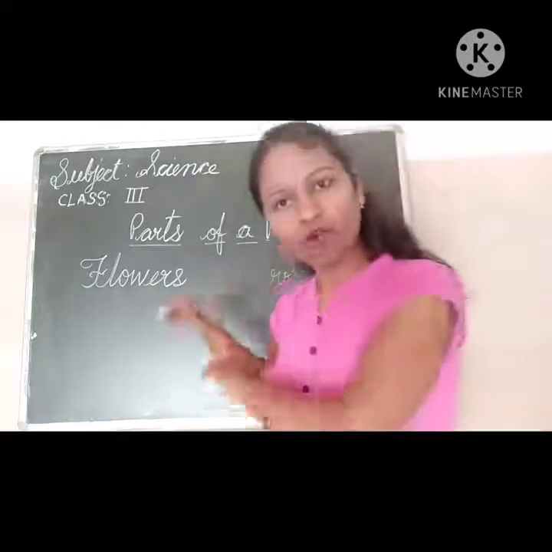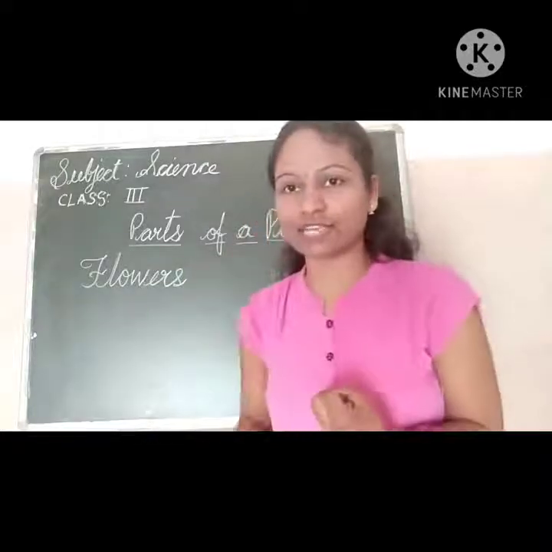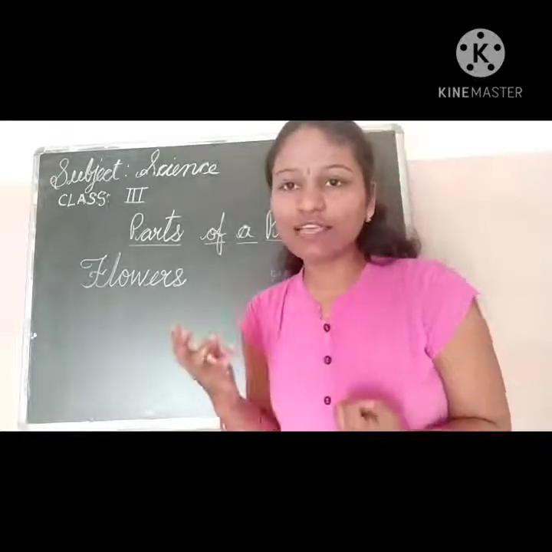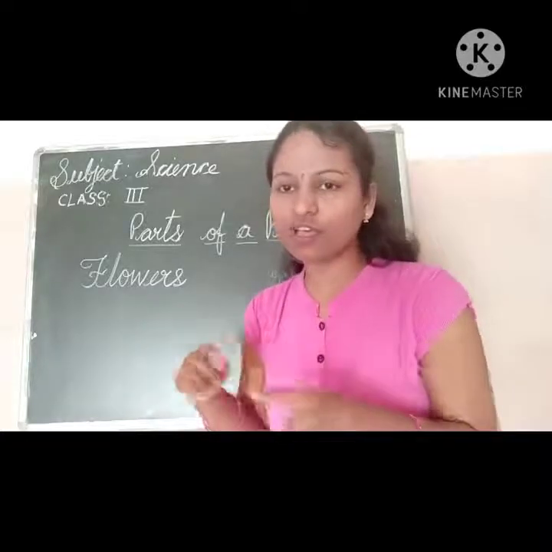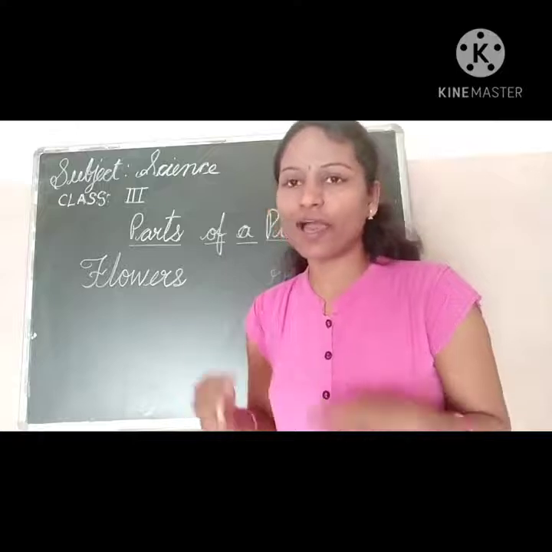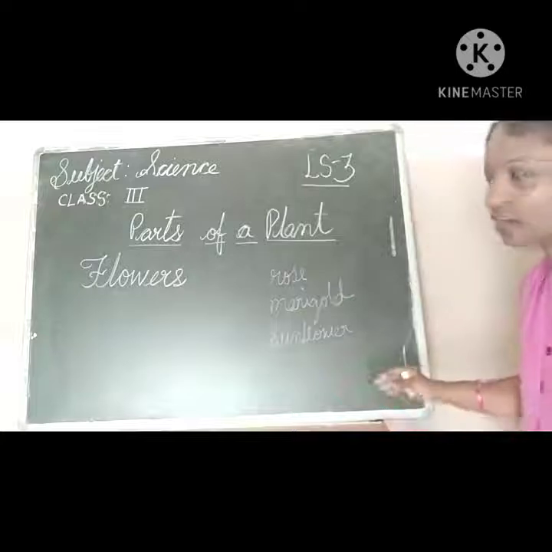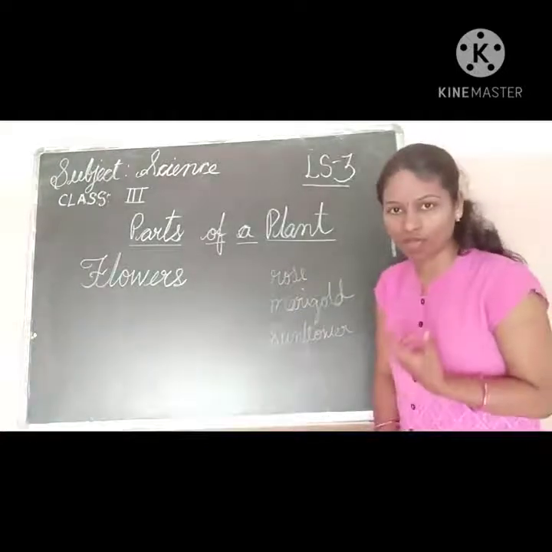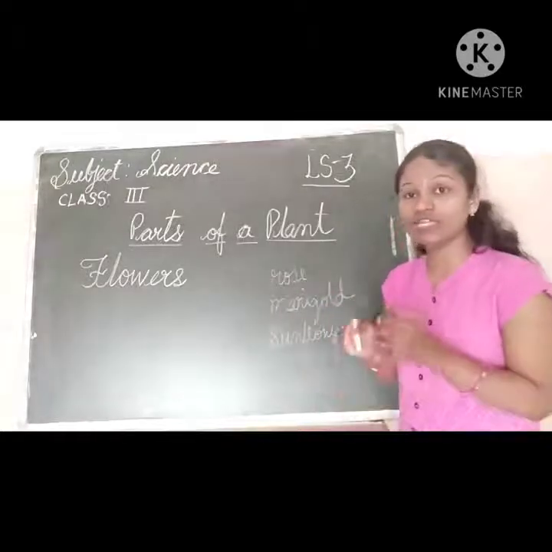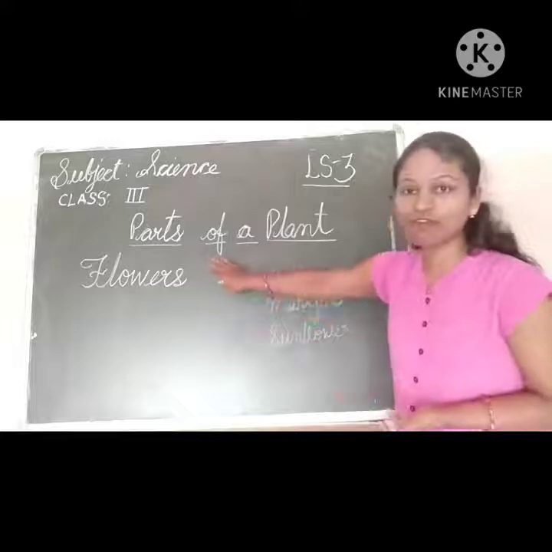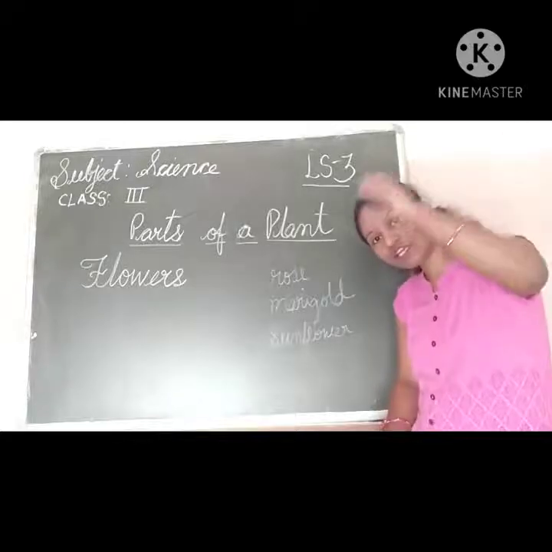So, do you know, children, what these flowers do for the plant? Yes, they attract the insects, and what do the insects do? They collect the nectar, and they have a proboscis with which they can suck the nectar and feed themselves. So they are helping in nature, for the feeding of others. And one more thing: the flowers are converting into fruits which have seeds. Basically, the flowers have ovaries present in them, and those ovaries become seeds.